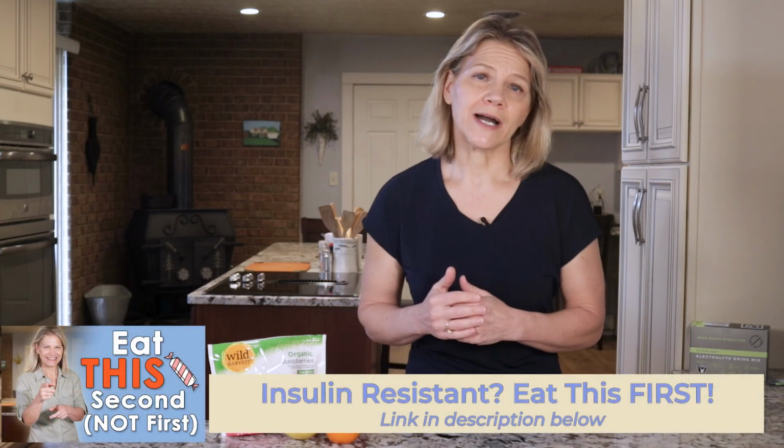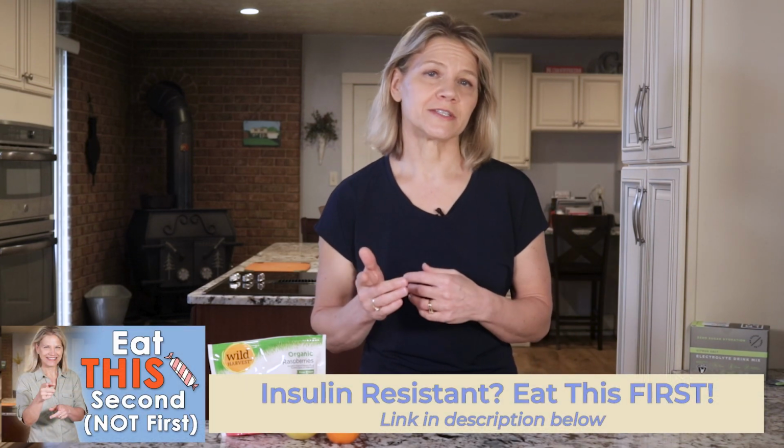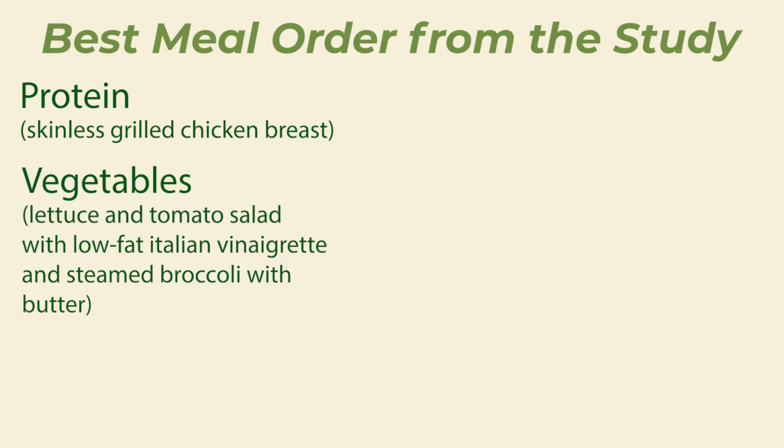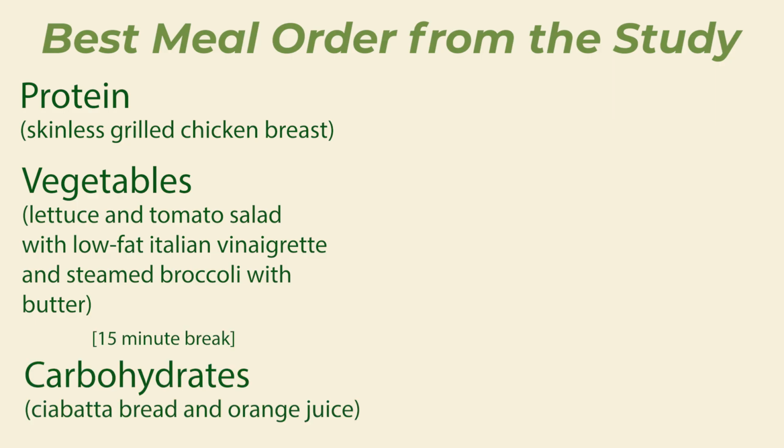In a recent video, I highlighted a study on food order and insulin sensitivity. The study involved people with type 2 diabetes and found that the order of eating the main nutrients of a meal significantly affected their blood glucose and insulin response. Specifically, the most favorable response came when the participants ate protein, fat, and non-starchy vegetables before quick digesting carbs. In the study, that meant eating chicken, salad, and broccoli with butter, then 15 minutes later, eating bread and drinking orange juice. I have a link to the video in the description area if you'd like the full story, but